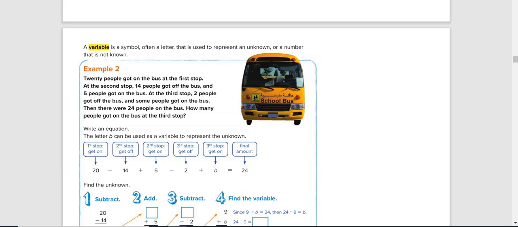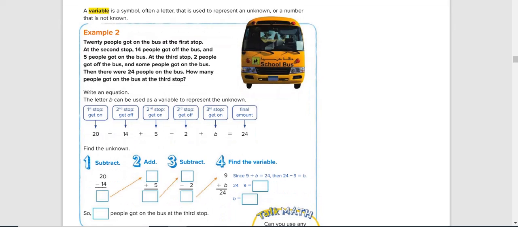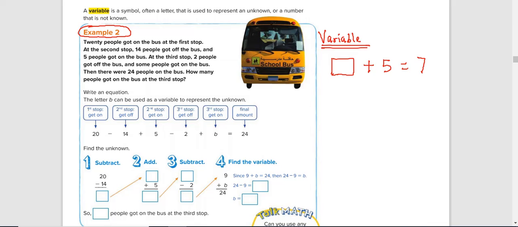Afterwards, play it back to see if you are correct. So, before I solve this example too, let me explain to you what is called a variable in mathematics. For example, if I draw a box here and I say plus 5 equals 7, the question will be, what am I going to put inside this box such that when I add it to 5 I will get 7? I'm very sure you can easily know that it's going to be 2 because 2 plus 5 will give